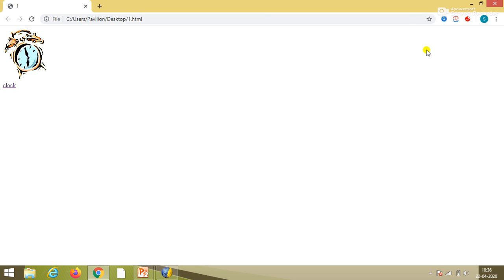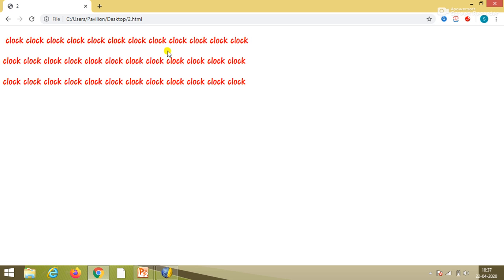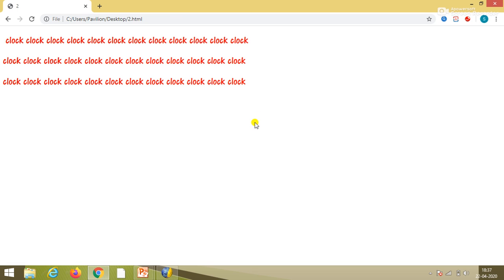You can see the browser file is open. Over here the title is 1 because we saved it as 1. When we click on this text or the image, it will navigate to page 2. So let's see. Firstly we will click on the text. It navigates to the second page, and the title 1 has changed to 2. Now again we will go back and click on this image. It navigates to the second page. As you can see, the hyperlink and navigation is done.